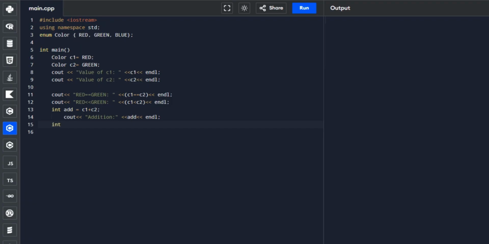So we are now declaring a variable for our sub, an integer that can hold the answer of the subtraction of C2 and C1.